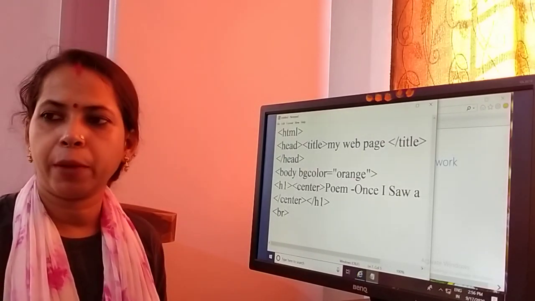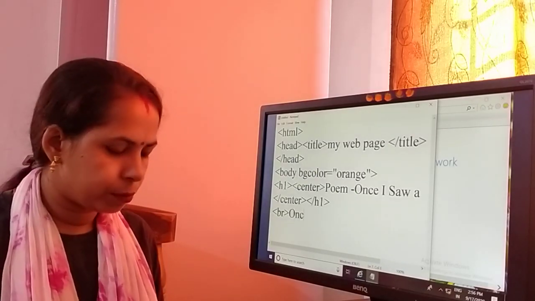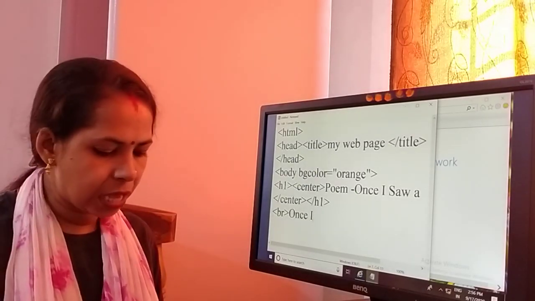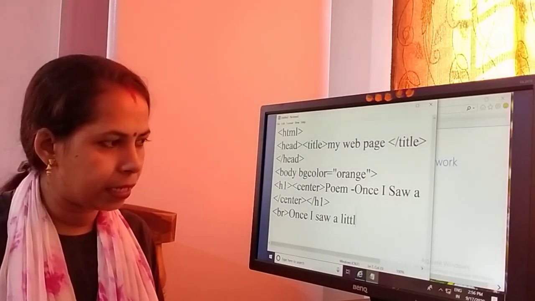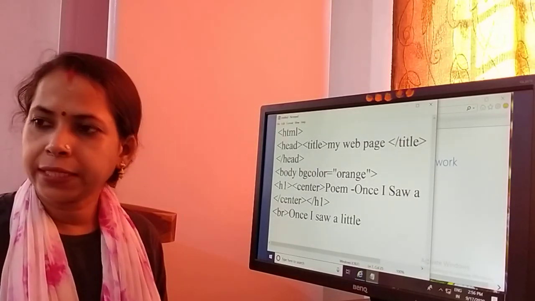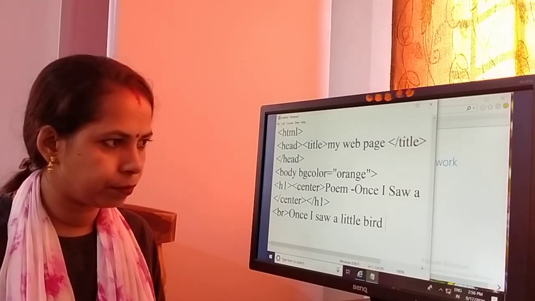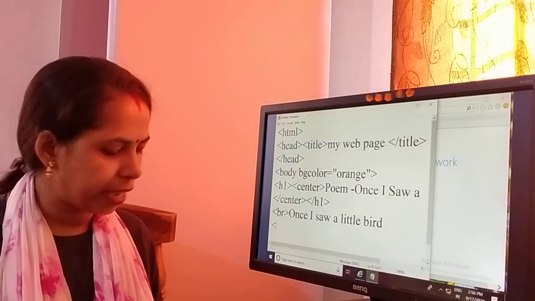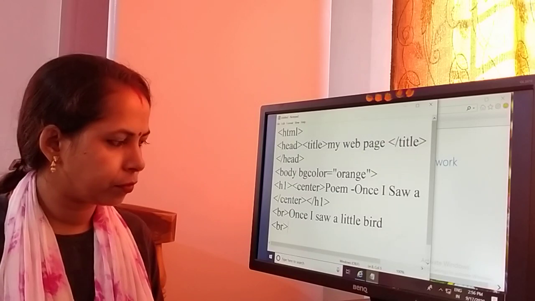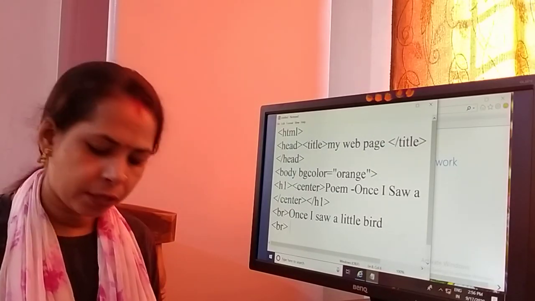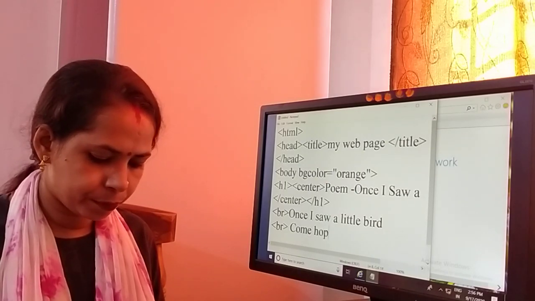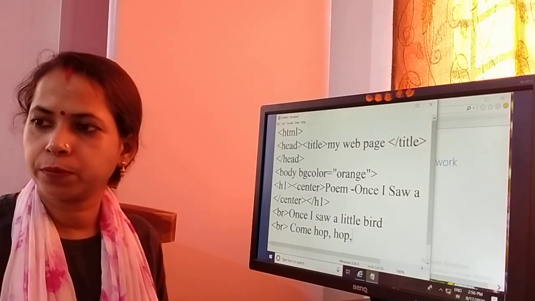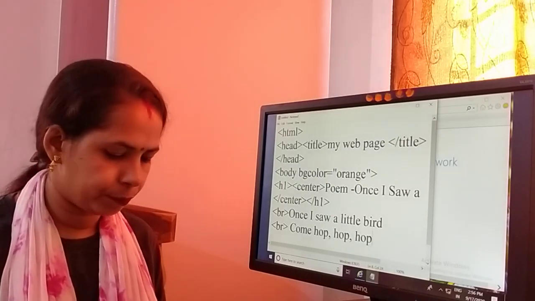So my poem is: once I saw a little bird. After that we have to take the BR tag again. Next we have to write the next line: come hop and hop.